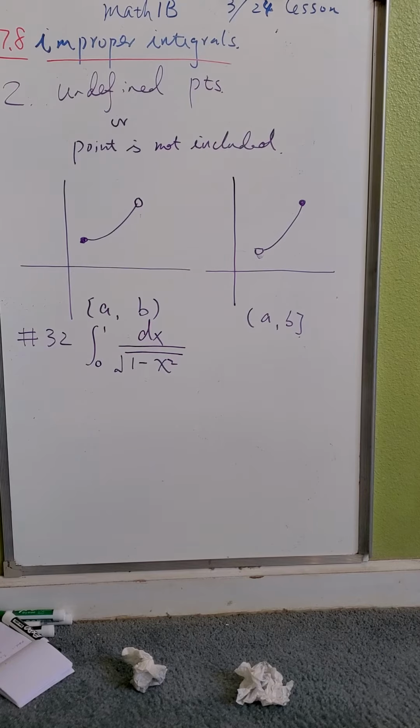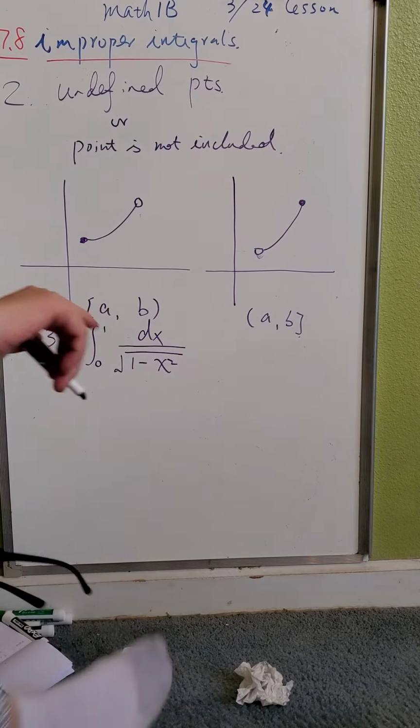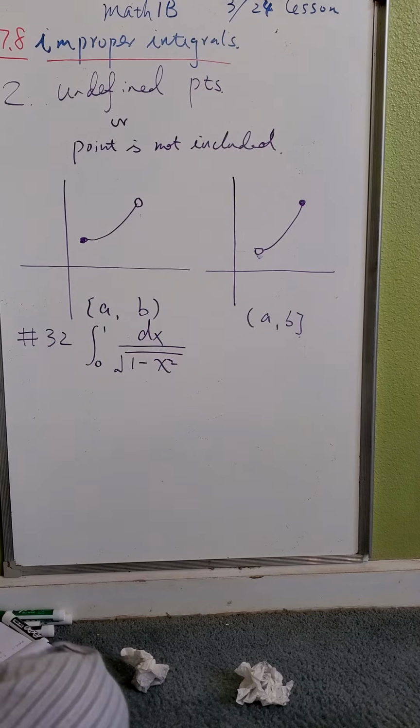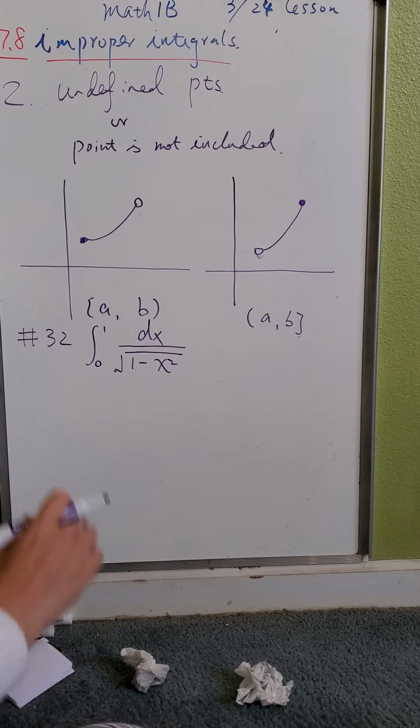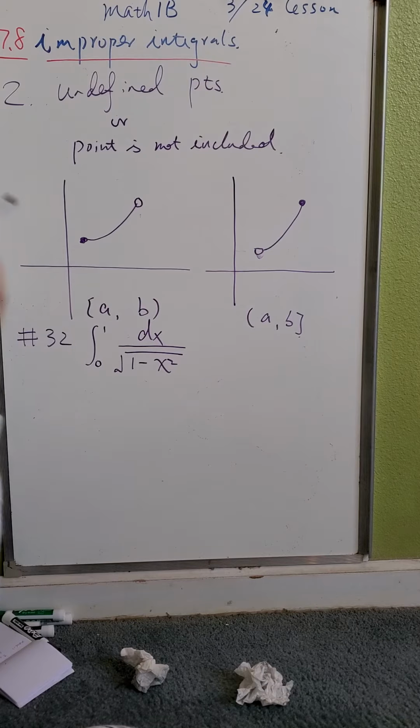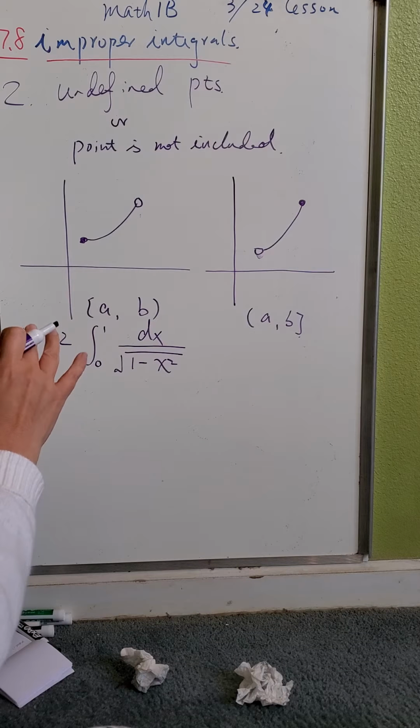Hello class, this is the continuation for my 7.8. I realized that there's one example I did earlier, number 18, where I switched the A and B positive and negative. So don't even worry about it. Just put the negative,